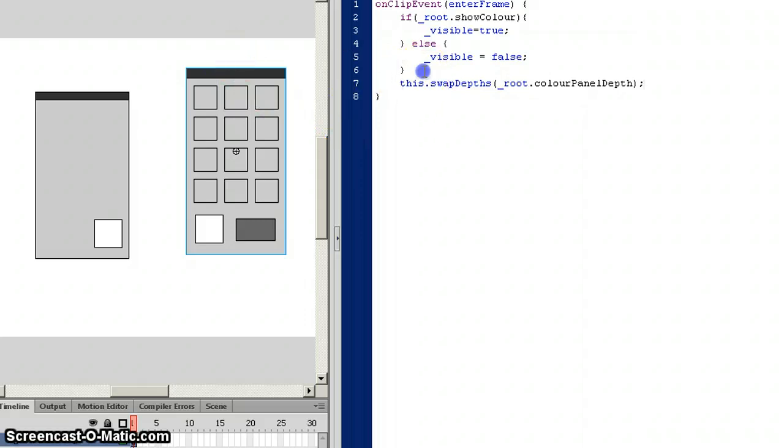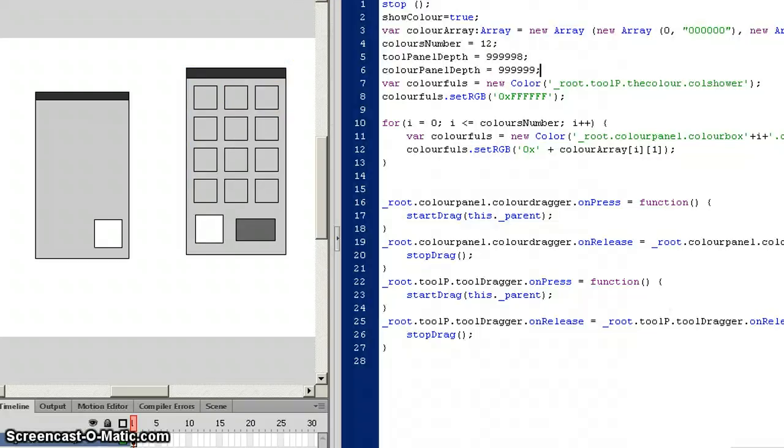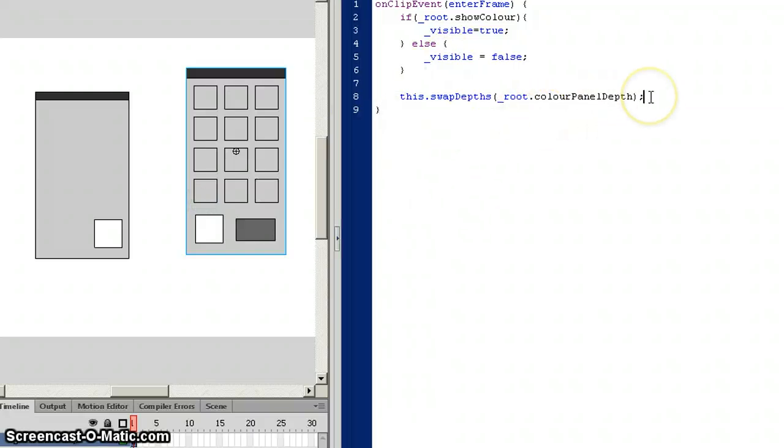The reason why we use root is because each movie clip has its own variables. So if I give color panel the variable new variable, in order to access this variable, I'll have to give him an instance name, and then on the main actions I would say color panel dot new variable. And that's the same way for the stage. The stage is known as root, I guess. So in order to access the variable on the stage, we say root.colorPanelDepth. Same with functions on the stage, root.functionName, or it won't work. So this the swap depths, root.colorPanelDepth,